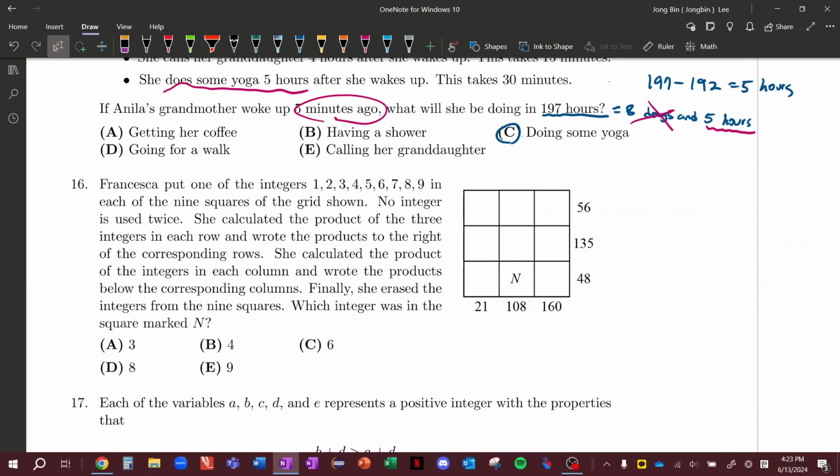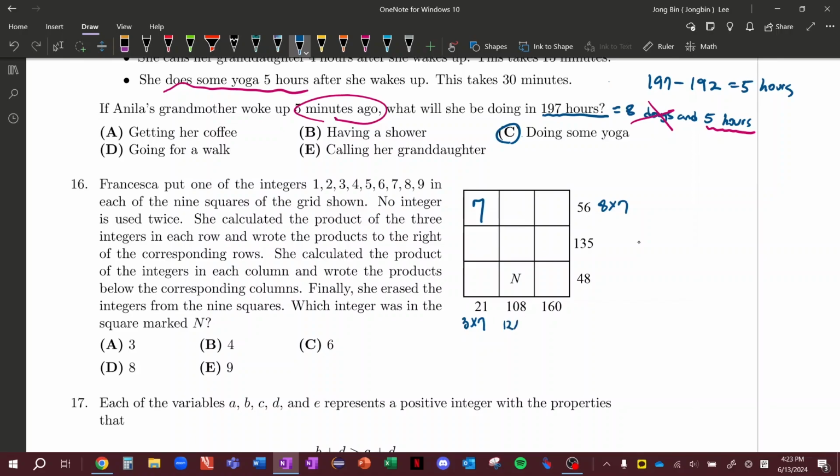So off the bat, we need to find some common divisors of these products. As for me, I see 21 as 3 times 7, and I see 56 as 8 times 7. And here we already know that only 7 works here because 7 is a common divisor of 21 and 56. And we also know that here the middle square,